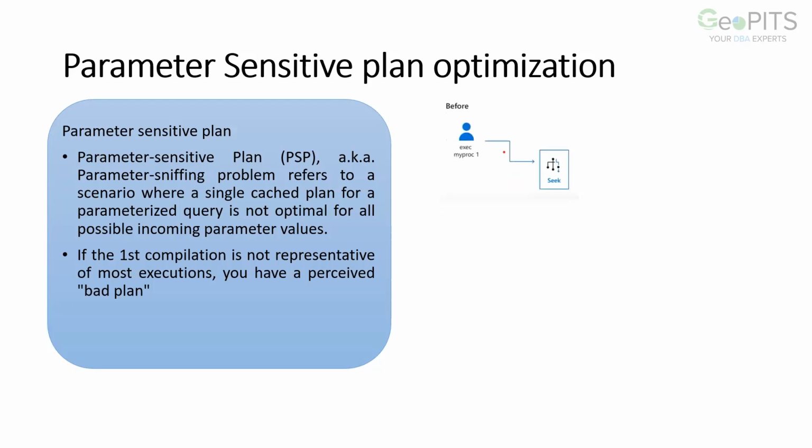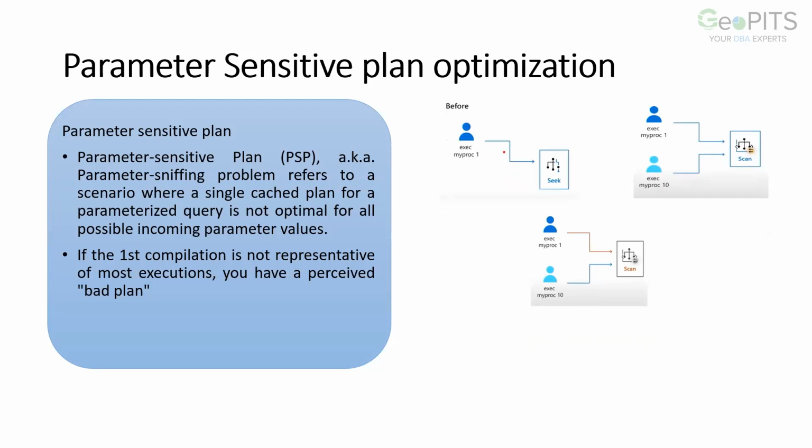While you are executing the procedure with one set of parameters, like a minimum value, the plan will use a seek. Next, you execute the same procedure with a different parameter, like a larger value, and it will use a scan in the plan. Again, you execute the same procedure with the minimal value, and it will take the previous plan from cache, so it will give you the scan. Here performance degradation will arise.